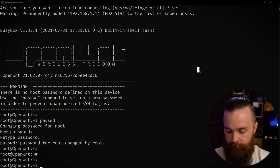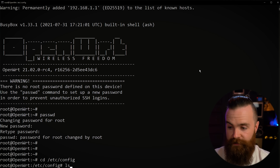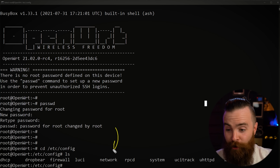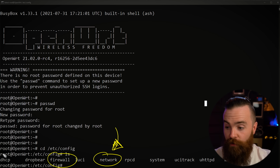This is all like Linux, so check it out. First, I'm gonna show you something. We're gonna do cd or change directory. We're gonna go to /etc/config and just go there, hit enter. Type in ls to see what's inside. All these files right here hold the configuration of our Raspberry Pi router, our network config, firewall, DHCP, and we